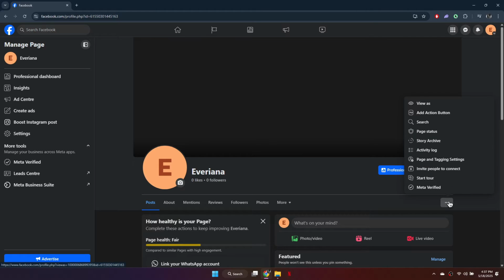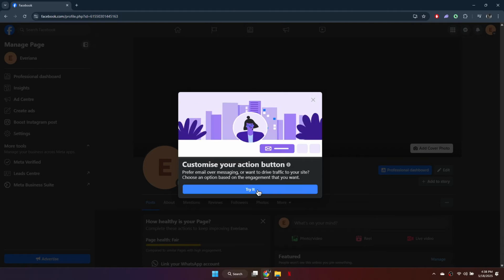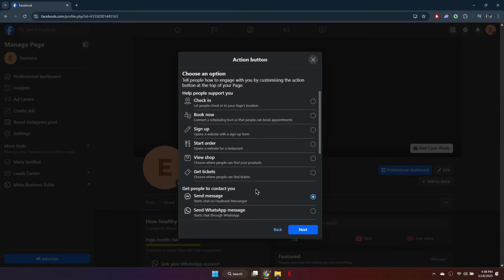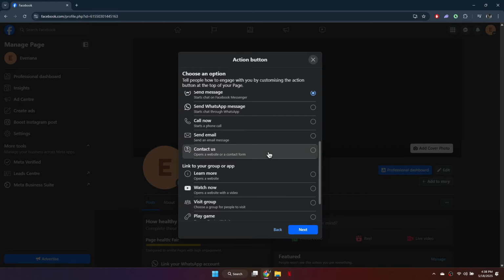Once on your page, look for the options like Edit, Manage, and Advertise. You might notice an Edit Action button option. Clicking this allows you to customize the buttons on your page. In the past, you could add a follow button here, but with recent Facebook updates, that option is no longer